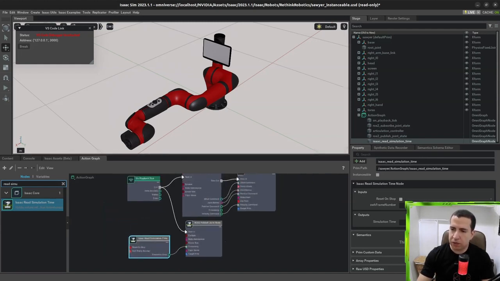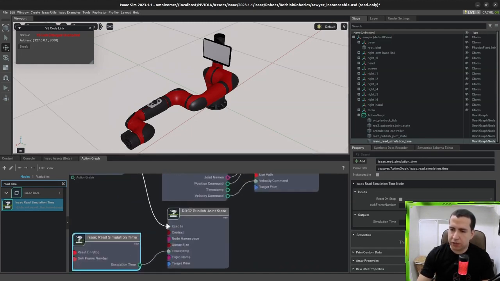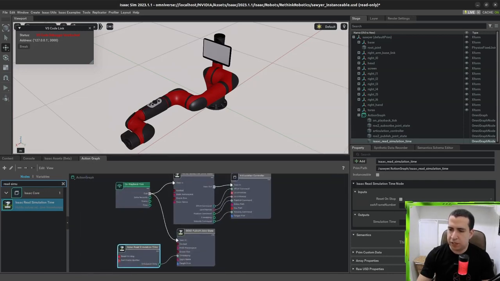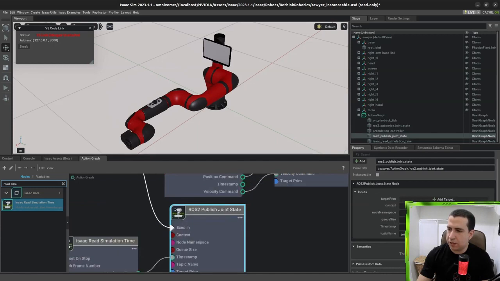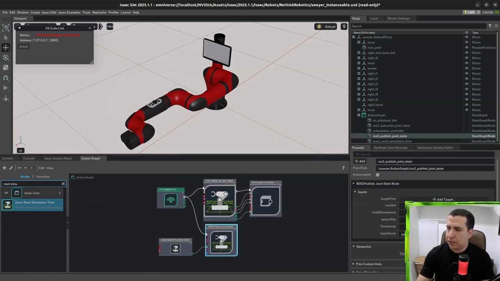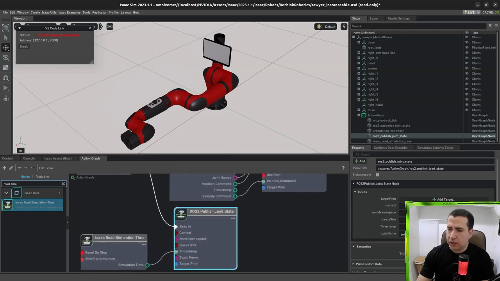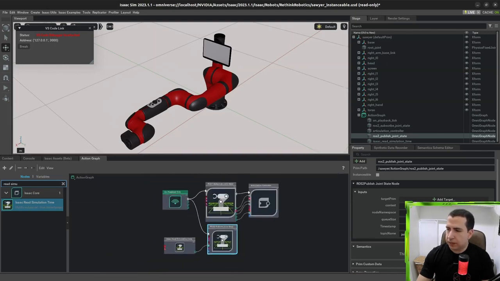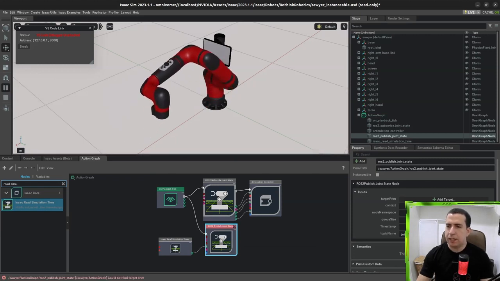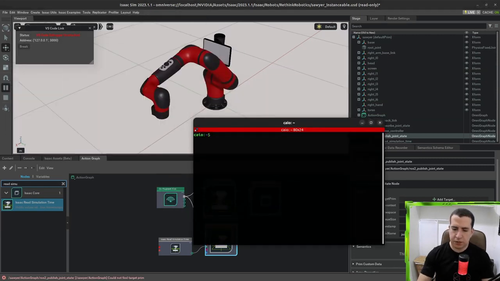And also, if you have a different context in your ROS2 environment, for example, you can modify it here in the node. I'm going to leave it as 0. And let's hit play. And let's open the terminal and let's see if